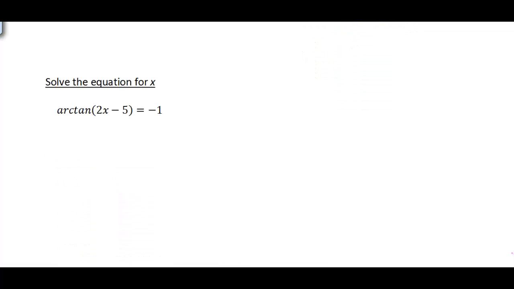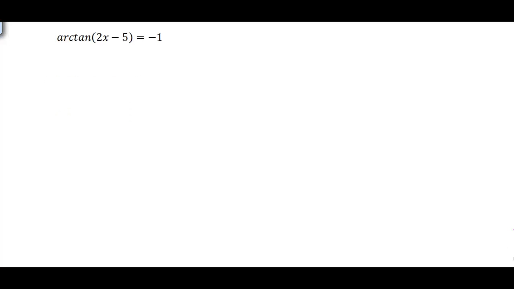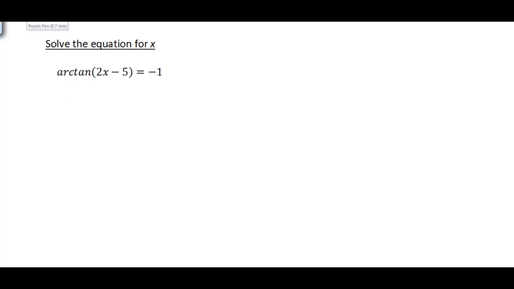All right, here we have one last example, and this one's just going to look at simply solving the equation for x. We have the arctangent of 2x minus 5 is equal to negative 1. So how do we solve this? Well, the first step is we need to take the tangent of both sides of the equation. So therefore, we would end up with the tangent of the arctangent of 2x minus 5